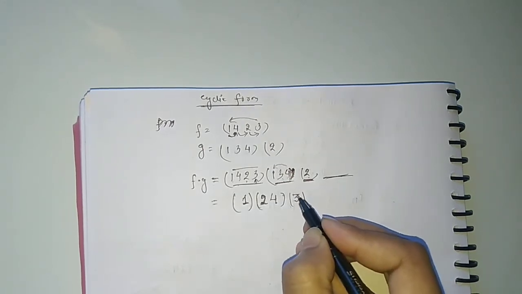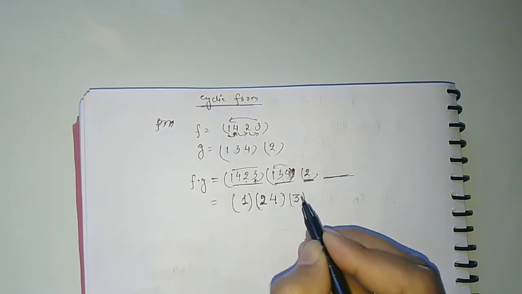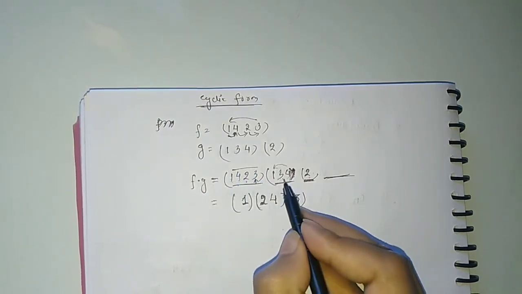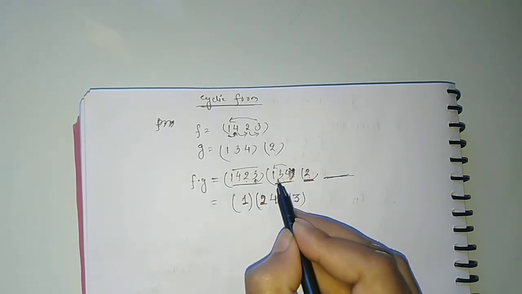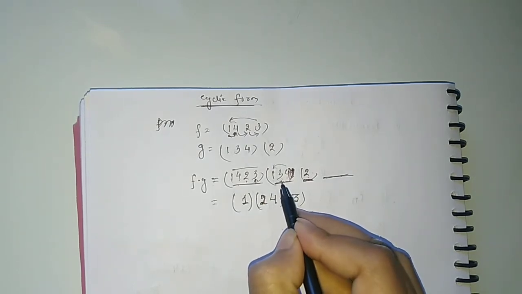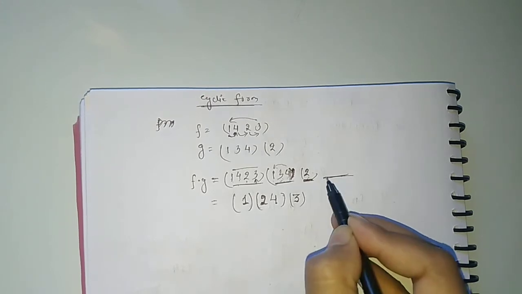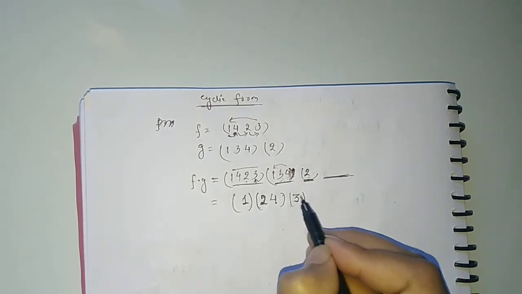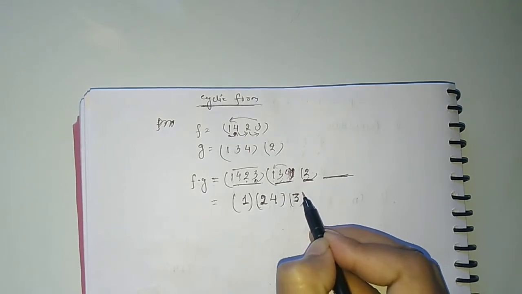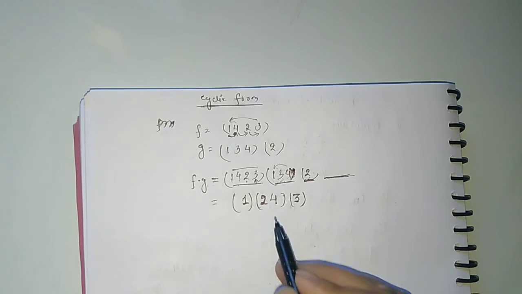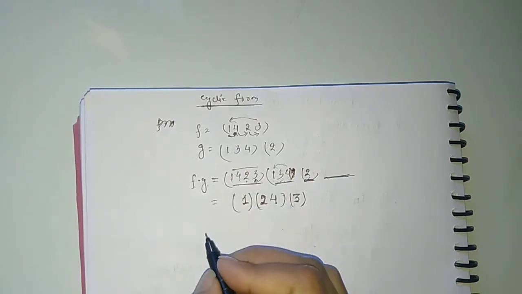Also we can check here for this element 3. So image of 3 is 1. Taking 1, jump to the next cycle and find image of 1. Image of 1 is 3. Taking 3, jump to this next cycle. Here there is no 3, so image of 3 is 3. There is no cycle left here, so write 3. So 3 is mapped to itself, self mapped. So F into G is equal to this in the cyclic form.